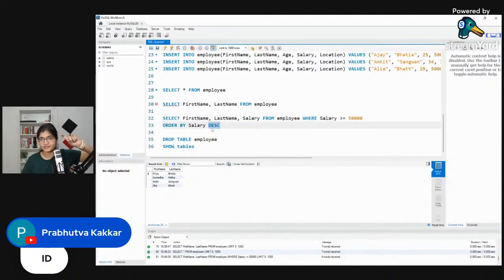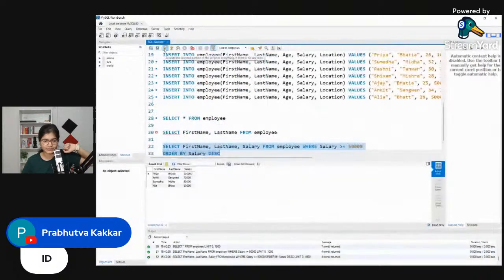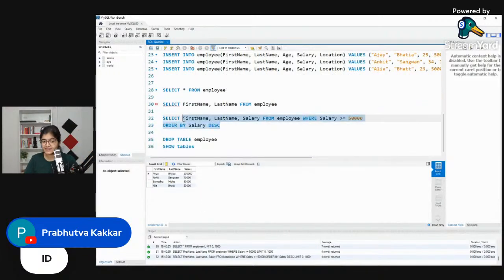So whichever person is having a higher salary, they will be at the top, followed by second maxima, third maxima, and fourth maxima. Let's run this and see what we will be able to get. Can you see? Priya is having a maximum salary, then Ankit, then Sumedha and Ahlia, almost similar. So basically, this is where we will be able to easily sort out our data based on the order by